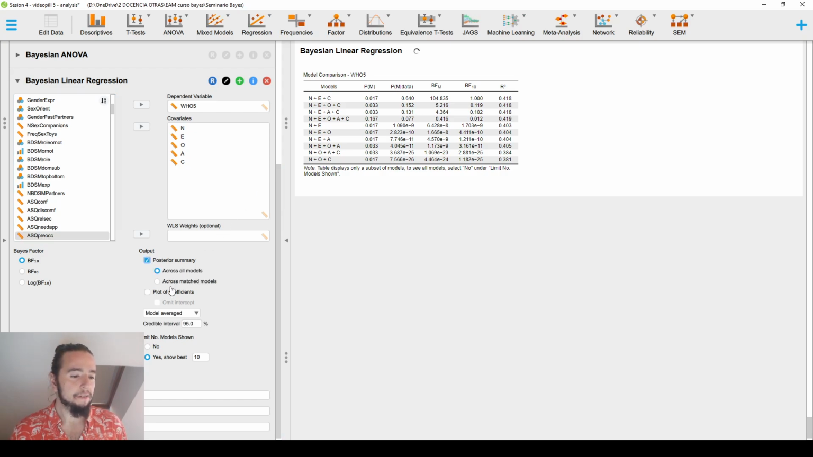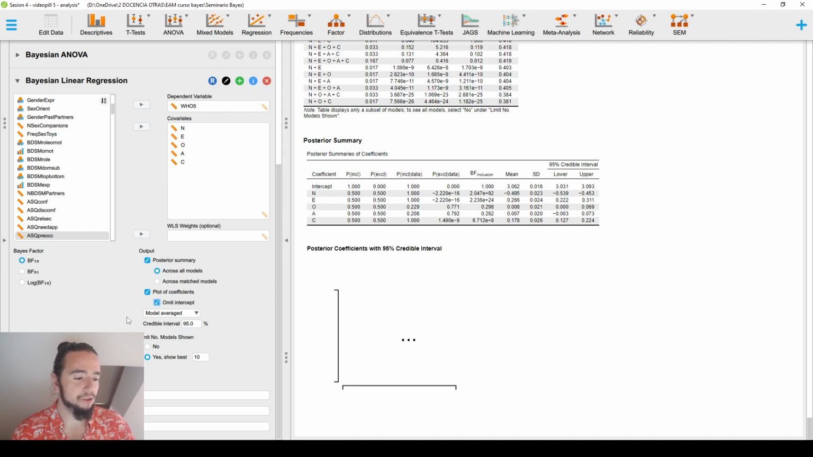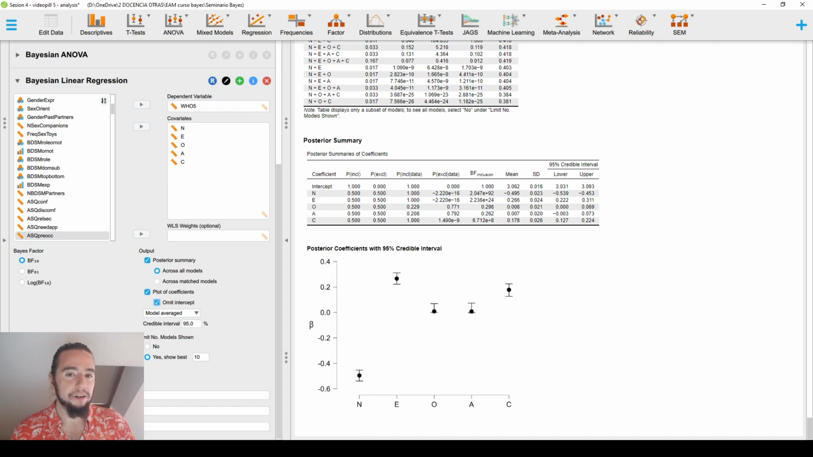Okay, so I can have a posterior summary, a plot of coefficients. Let's omit the intercept because we're not really interested in that. And we can compare to the best model or compare to the null model if we want to. So as you can see here, we have posterior coefficients of all of our predictors, and remember that two of them were not relevant. So this is because here is selected as model average. Model average means that it will have the effects of all of the models,